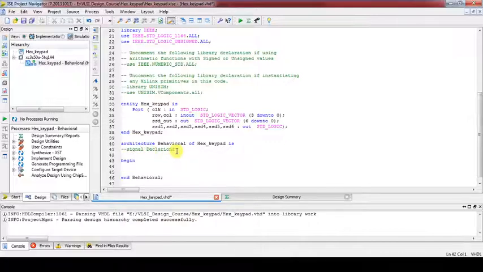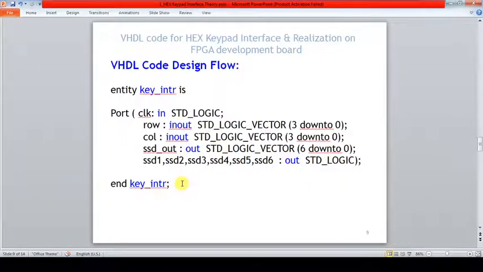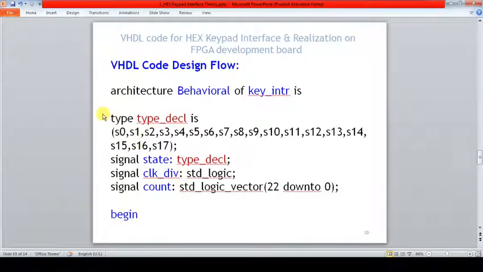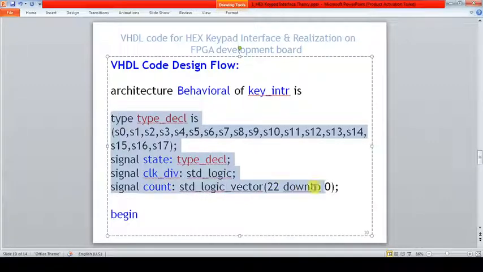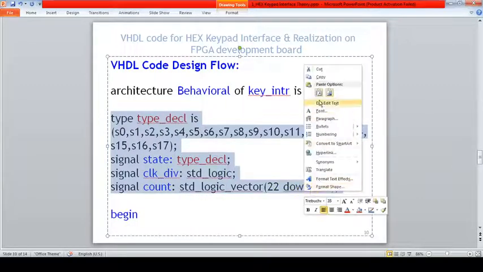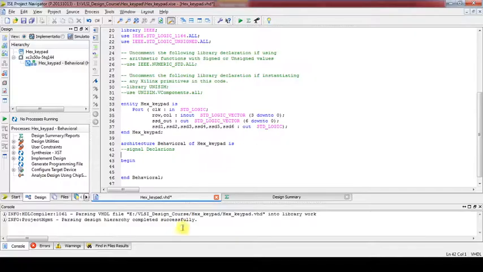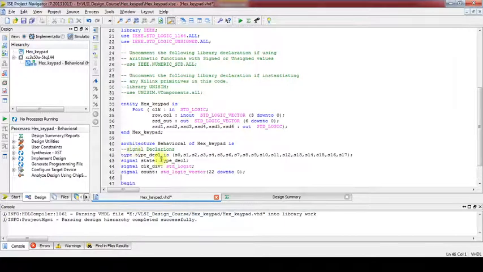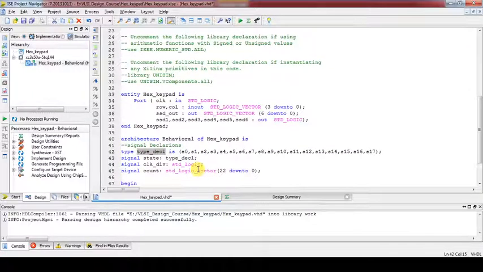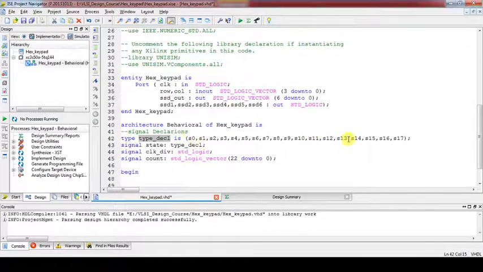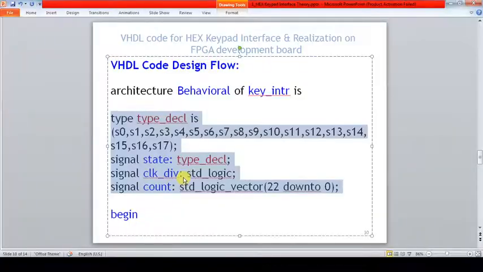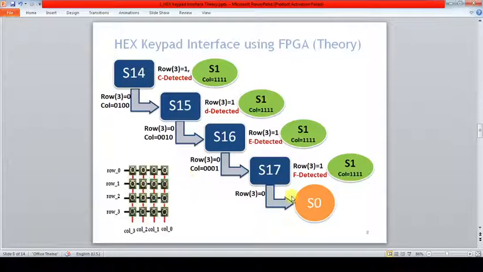Now these many signals we have to declare, so I will just copy it and paste it here. I have declared a type, and we have declared a total of states S0 to S17, as per our requirement. So a total of 18 states, S0 to S17, are required for the state machine.